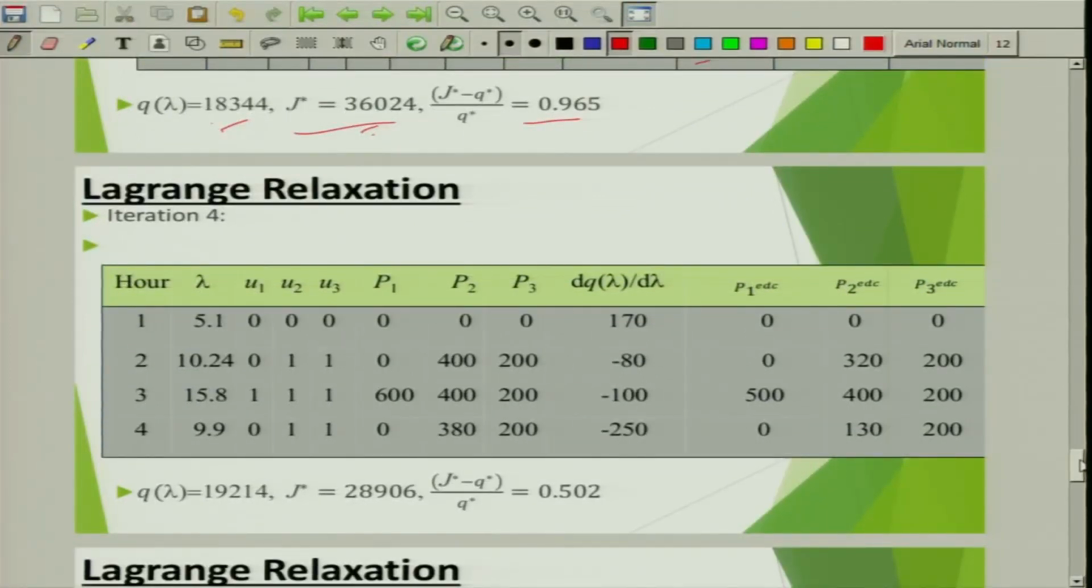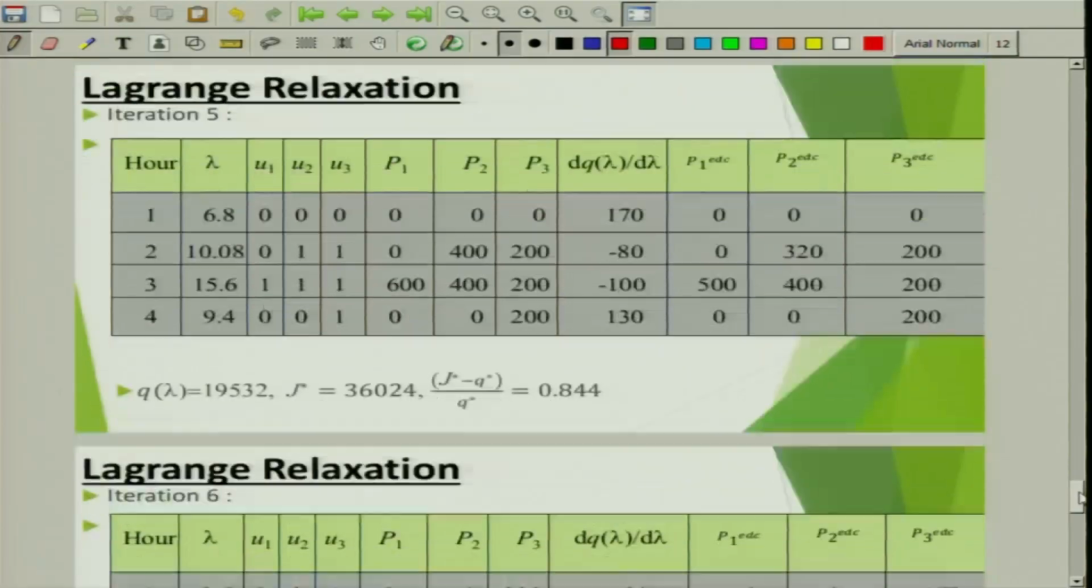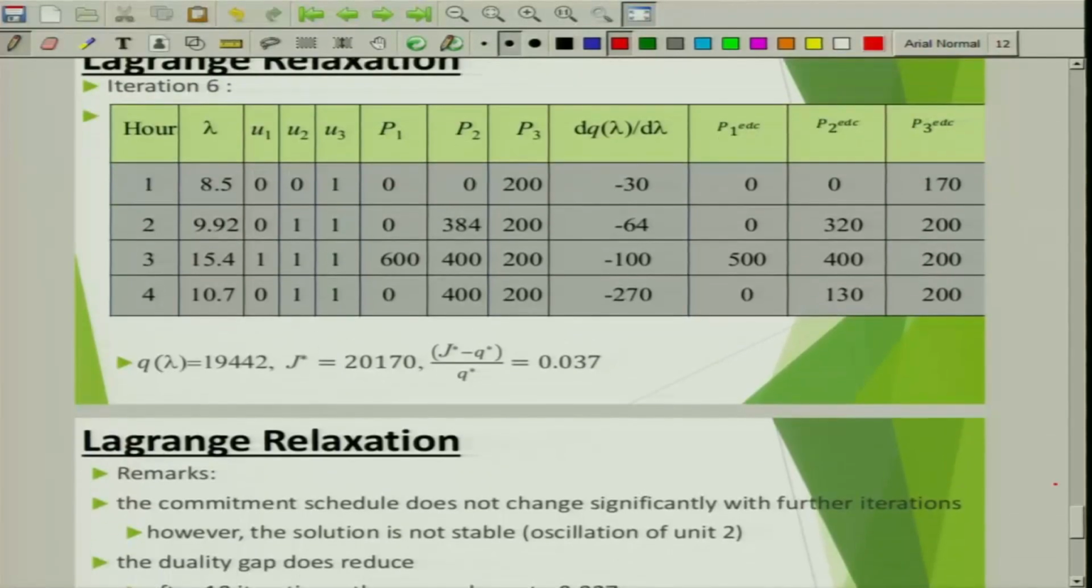And you subsequently carry out all the iterations. The procedure remains the same: obtain lambda, updated lambda, then get the P, then with that P you optimize whether the unit is to be turned on or turned off by going for that expression f of P minus lambda. If it is positive, don't turn it on, if it is negative, turn it on. Then you carry out the slope dq by d lambda, obtain J star, Q star, then again the same procedure you follow. At the last, you see over a period of time the error decreases,